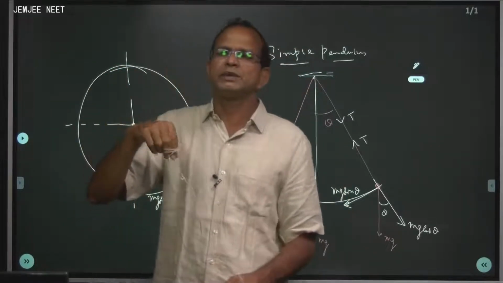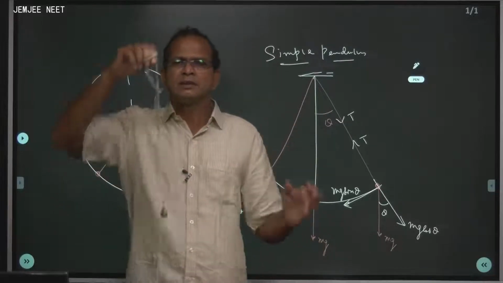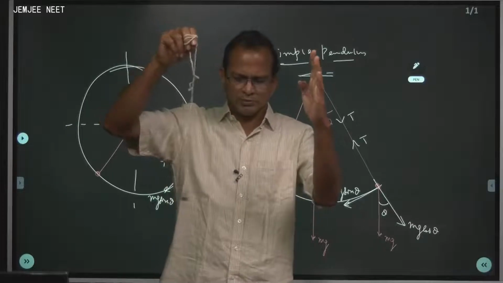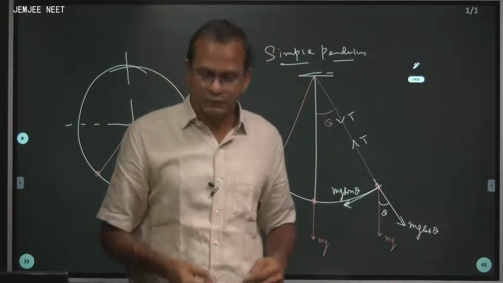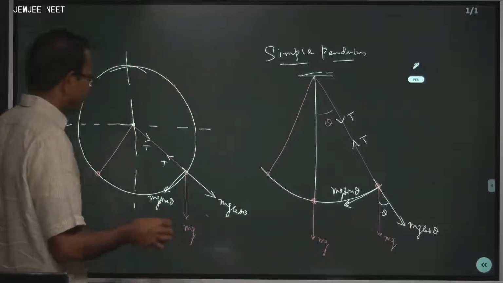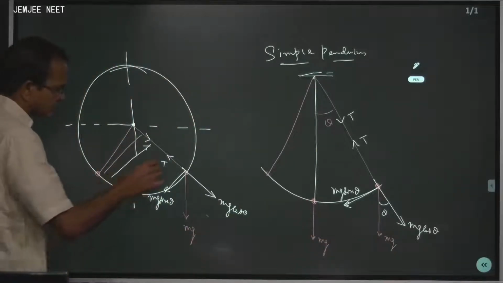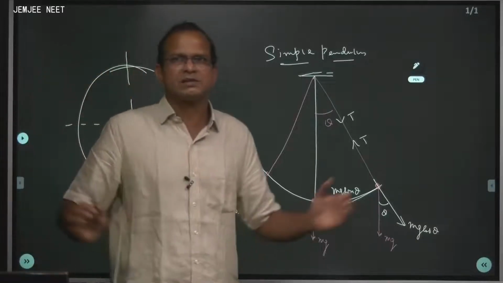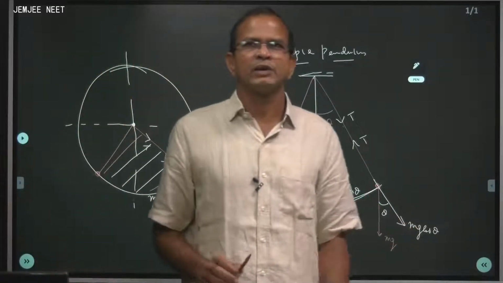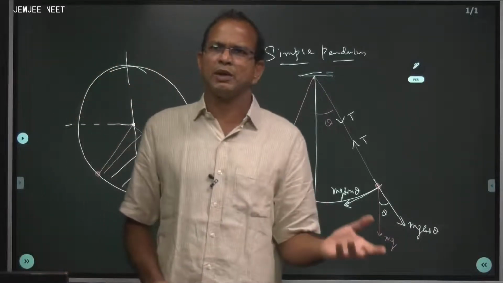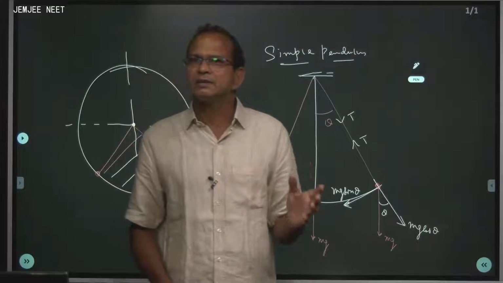Do you understand? So first, what you have to understand is that simple pendulum oscillation is nothing but a part of circular motion. First is the sector. Look, this is a sector of a circle. That's all, he is dancing within the sector of the circle. So clearly, whether the particle goes a complete circle or part circle, it needs the necessary